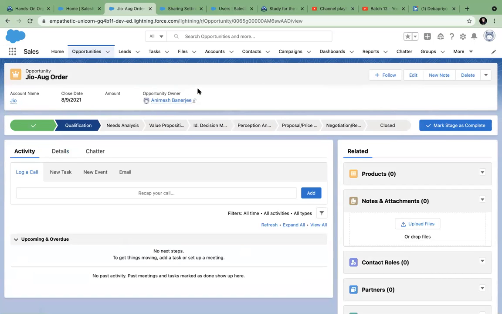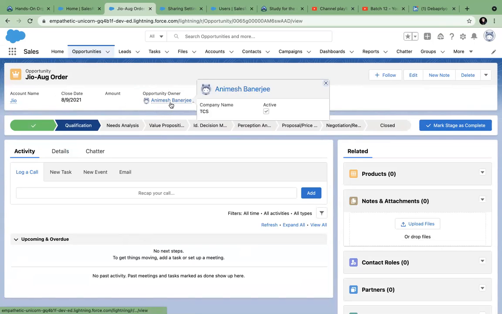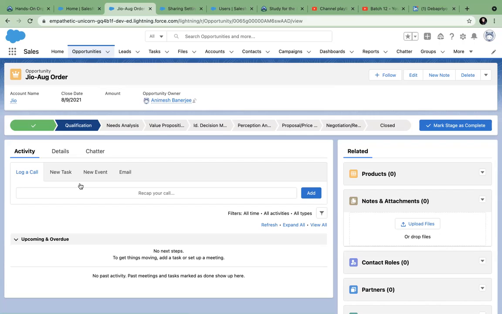But if opportunity object itself or this tab itself is not available to him, then even if he has been put as the opportunity owner, it does not matter, because this object or table is not accessible to them, right? That is object level permission. That means I can access opportunity, and inside opportunity I can see the records which are owned by me. That is the first level permission.